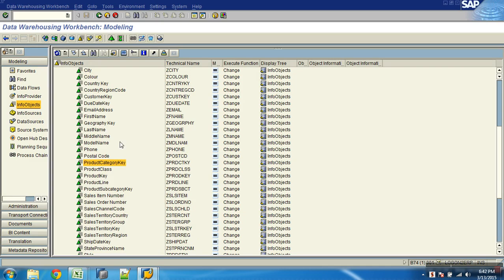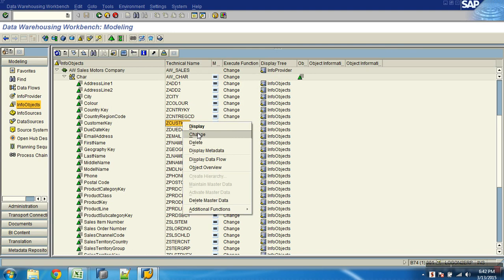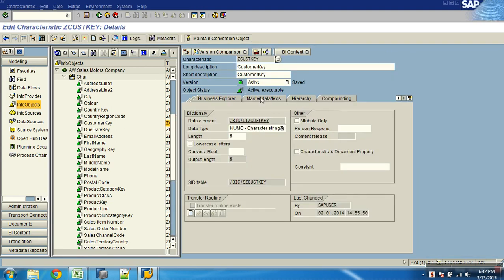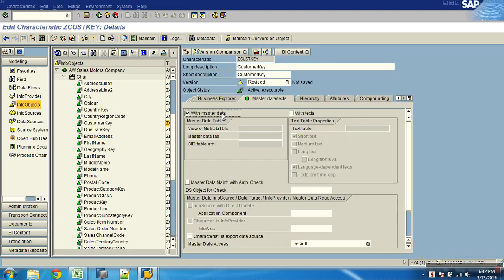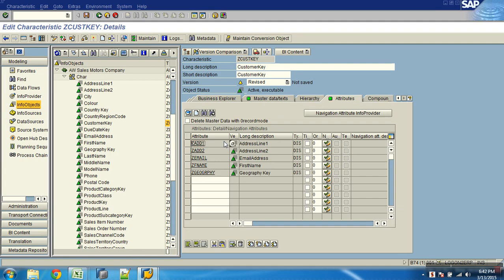So I'll go to BW. Where is my customer key? This one. Right click on this and say Change. So I indicate I want an attribute table. What attributes? We can only list 5 here.